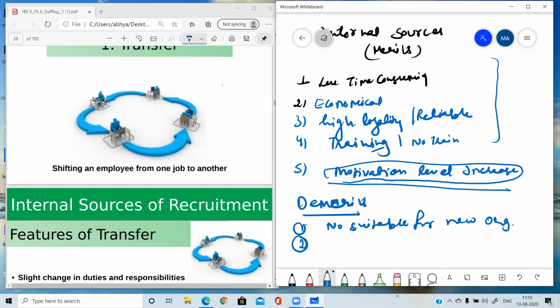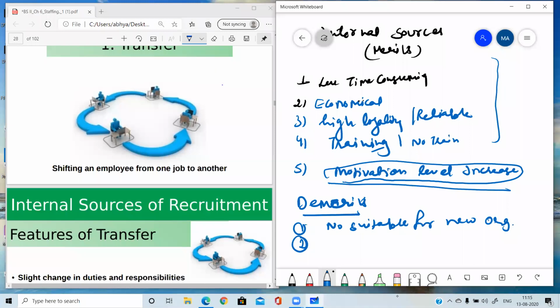Sometimes promotions are done on the favoritism of the bosses, and sometimes on seniority level. Could you please tell me in what sense this point can be the demerit? Yes, biasness, very good. Favoritism, partiality. Suppose one employee is promoted and 10 employees were waiting for that promotion, but only one was promoted. So others may be saying that due to the biasness, that person is the favorite of the boss, that's why he's promoted. As well as in government departments, only the senior persons will be promoted.